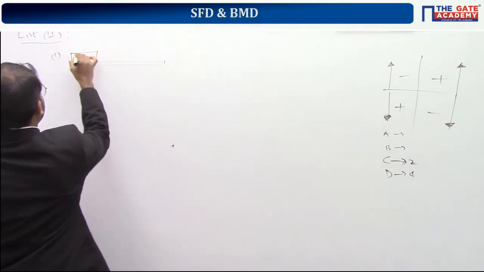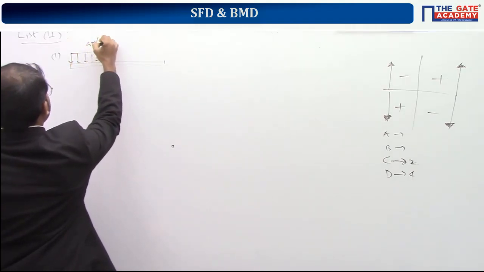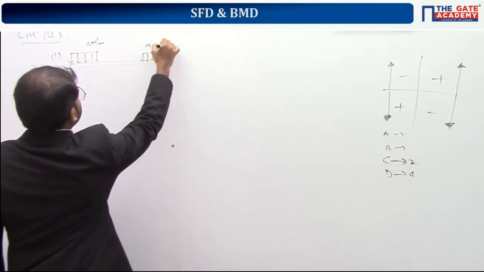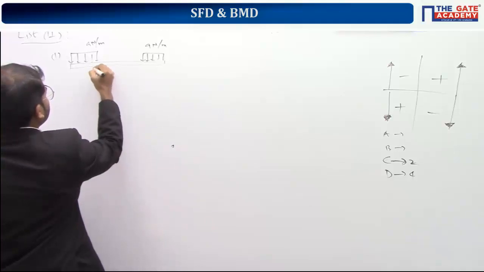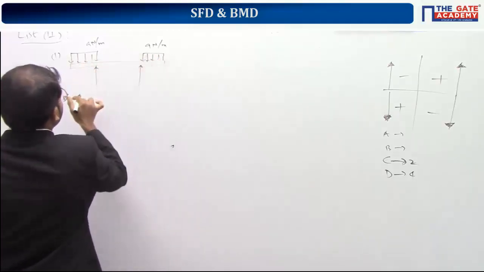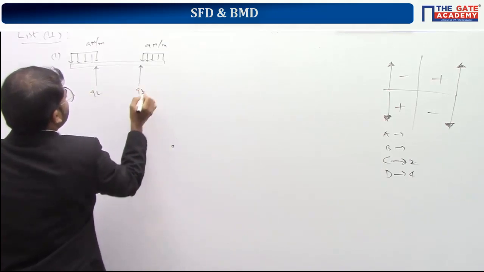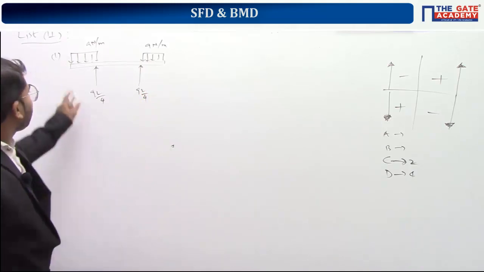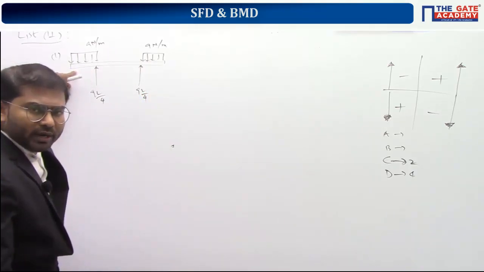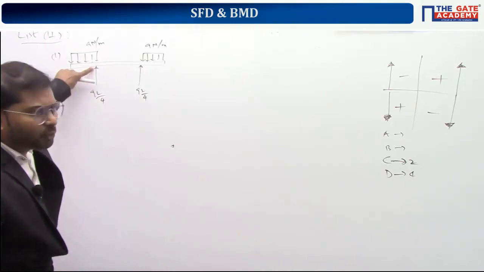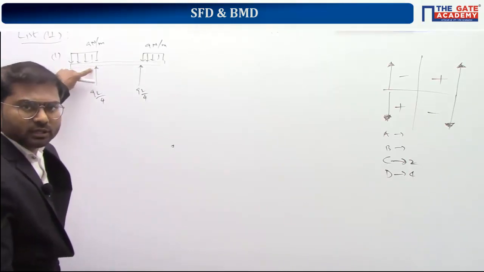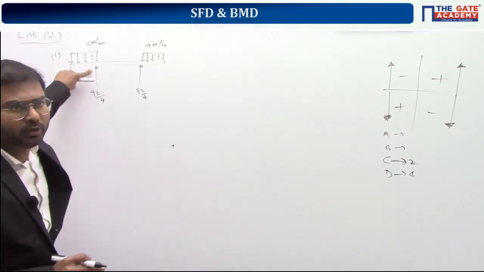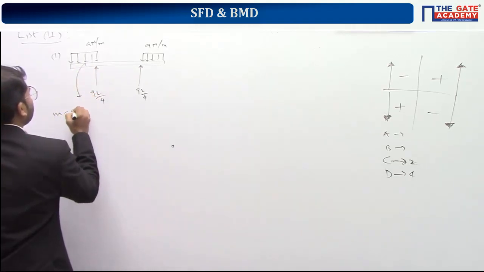So there is a uniformly distributed load of Q Newton per meter in this region. In this region also, same. And here we have reaction forces. So obviously the total will come out like this, QL by 4 will come. Anyways, if you see, throughout this region, the load intensity is equal to Q. Throughout this length of the beam, the load intensity is equal to Q. So throughout this region, the slope of the shear force diagram should be equal to Q, or the magnitude should be equal to Q.